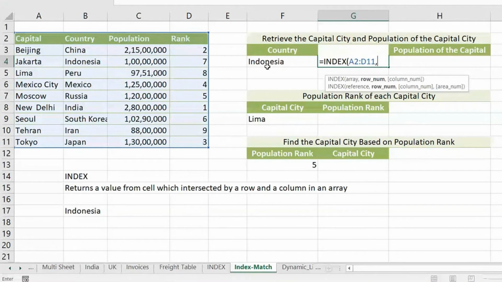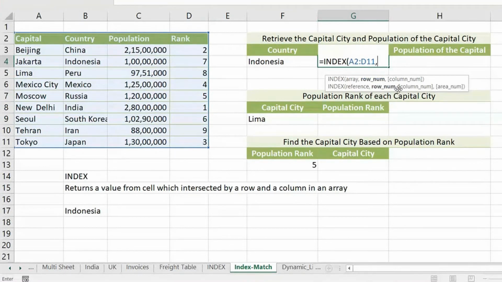See what the mechanism was here? I have to get the row number of my searching value. If I know the row number of my searching value, the same is the row number of my retrieving value. So I will arrive at the row number. Arriving at the row number is the main logic of INDEX. Guys, I'm repeating so that you are clear with this concept.